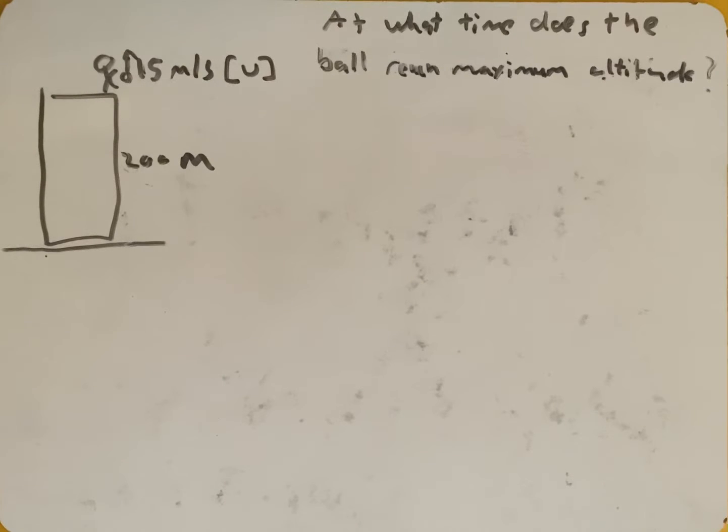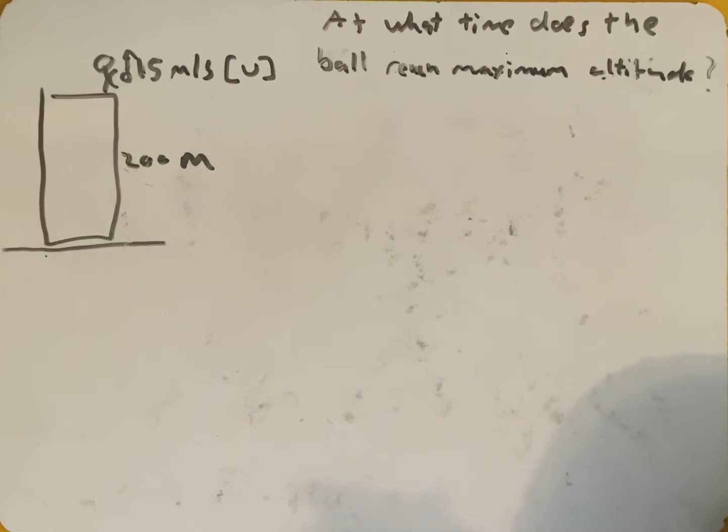Hey guys, so today we're going to tackle a pretty classic kinematics question where somebody's throwing a ball straight up off a roof. And in this case, he's throwing the ball at 15 meters per second, and the question's asking us how much time is it going to take for the ball to reach its maximum altitude. So, as always, feel free to pause the video and try to solve it for yourself and then come back